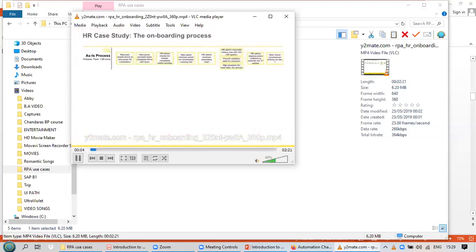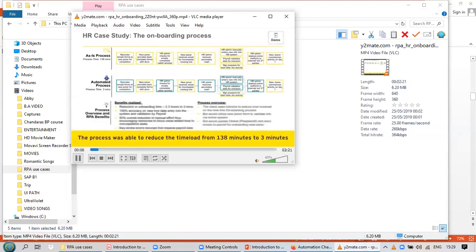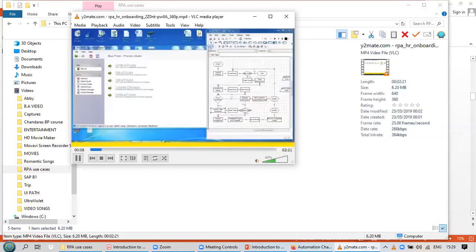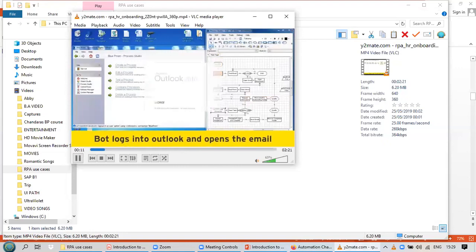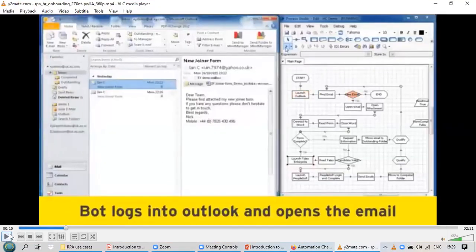This video showcases new hire onboarding, automated through RPA to reduce costs and increase speed to completion. The process starts with a bot logging into Outlook and opening the